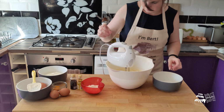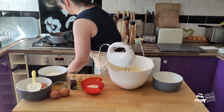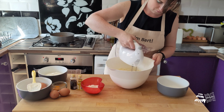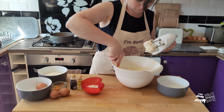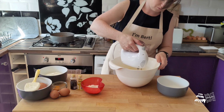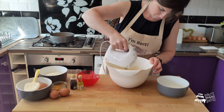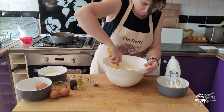And then we're going to remove the base from the oven and let that cool. And then we're going to decrease the oven temperature. No, that's a lie. We're going to increase the oven temperature to 200 degrees fan. And then we're going to add some flour. Just 3 tablespoons worth. No need to sieve it. Whisk that in. Combine it a bit better with a spatula, and then add some vanilla,